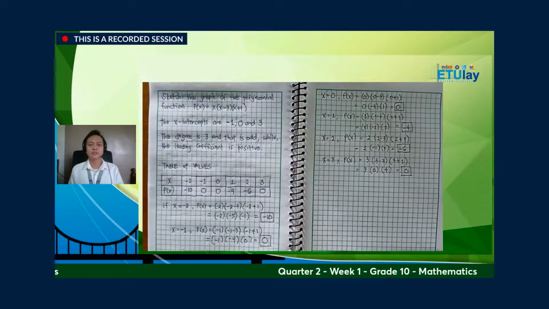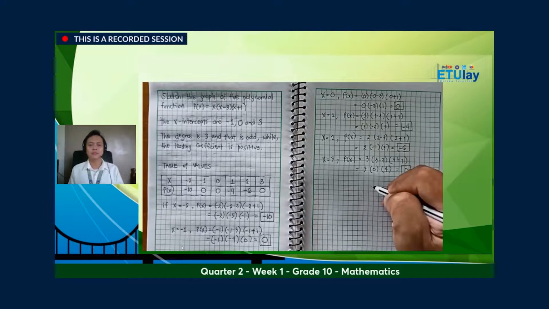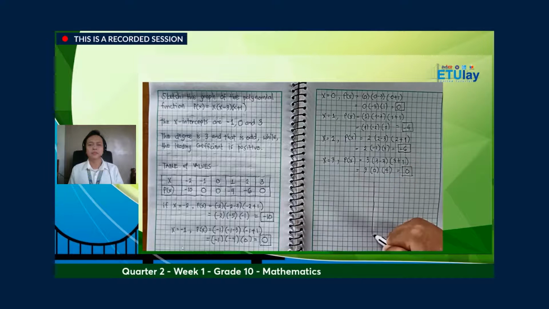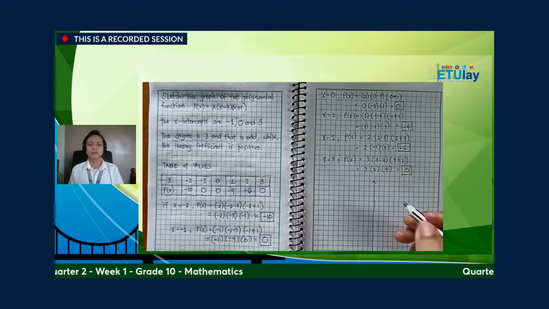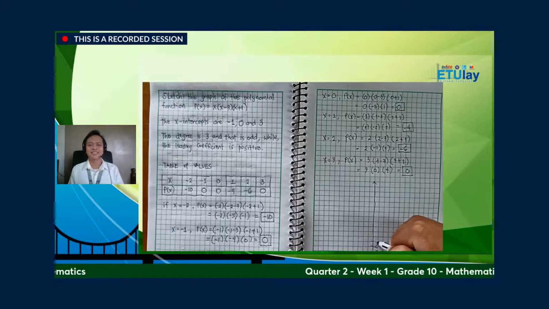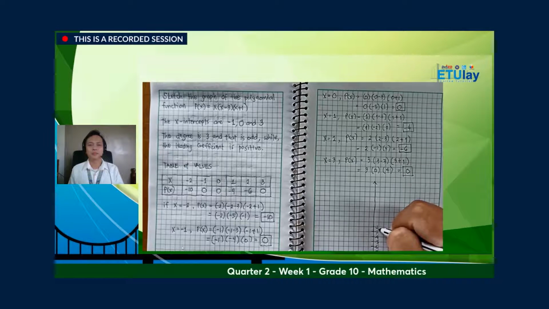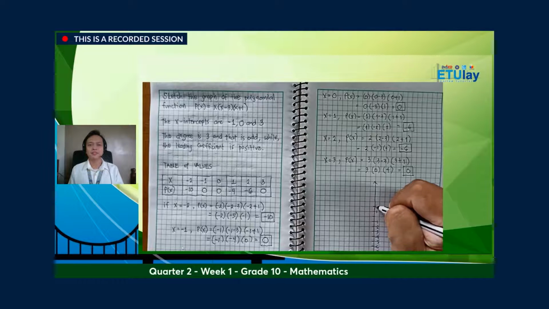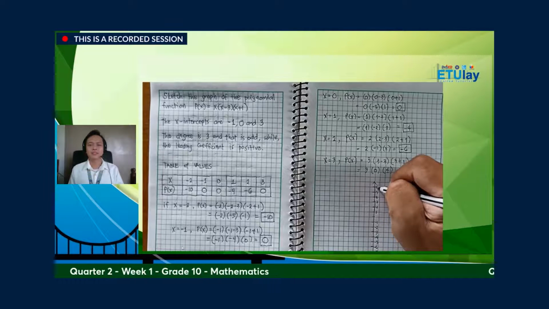Once we completed all the values for x and p of x, the next step to do is to plot all the points and connect the points with a smooth curve. Do you still remember how to plot the points? Very good. All you need to do is to draw a coordinate plane, an x-axis and a y-axis, and plot